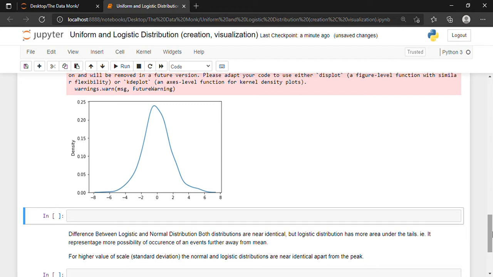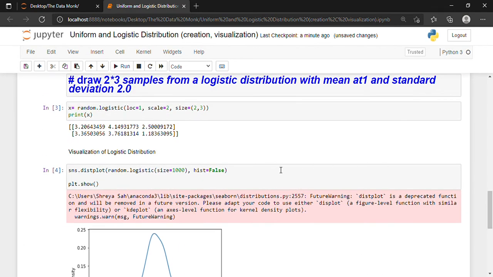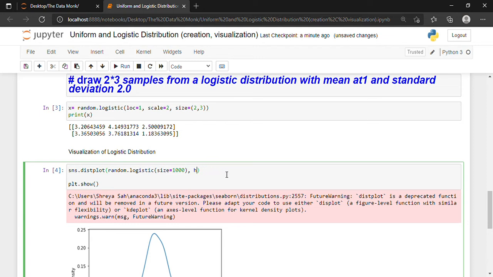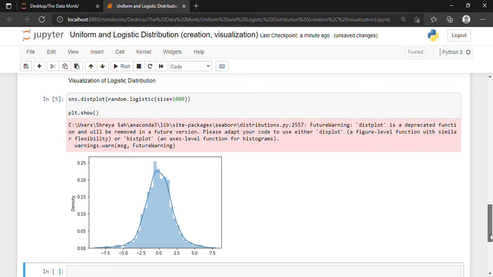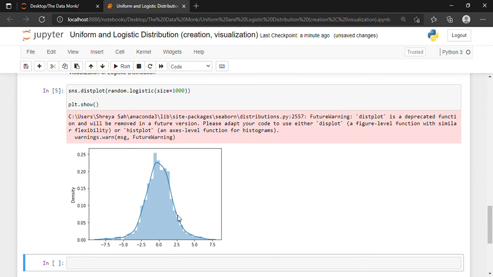All right, suppose that now we want to write histogram is equal to true, or we want to see the histogram. Either we can write hist is equal to true, or we do not have to write this histogram part altogether, so by default it will show. Shift and enter, and this time we can see what our logistic distribution looks like with histograms.